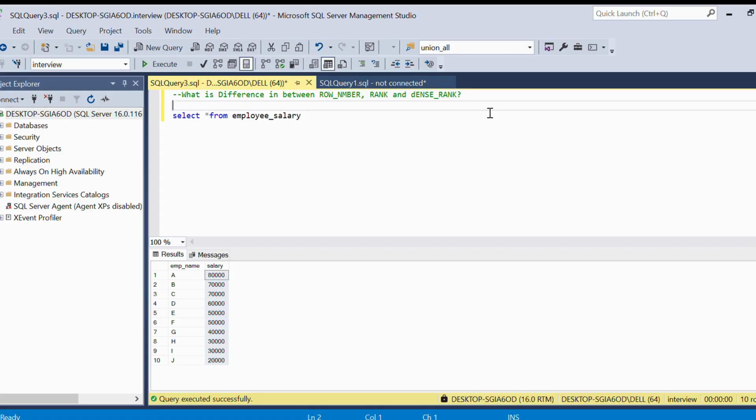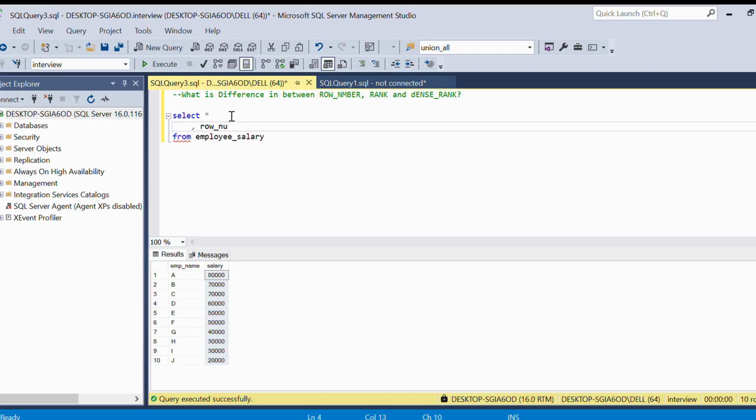Rank will assign the same value for duplicate records, but it skips ranks after the duplicates. And dense rank also assigns the same number for duplicates, but we don't get any gap in between the ranking. Now I'm going to write the query, and I'll show you how row number, dense rank, and rank work exactly.